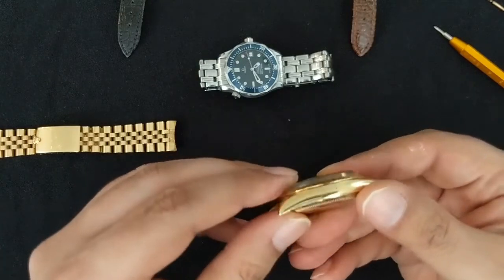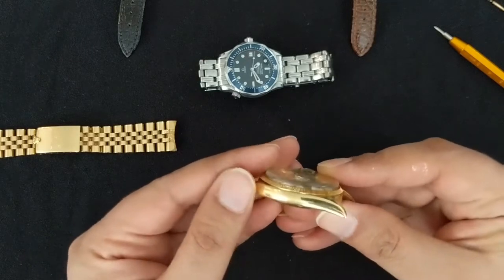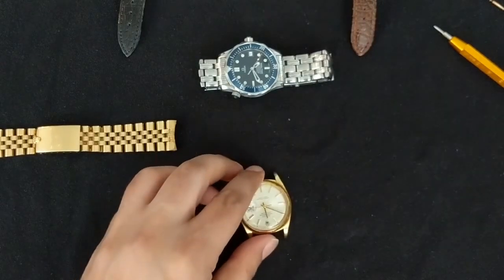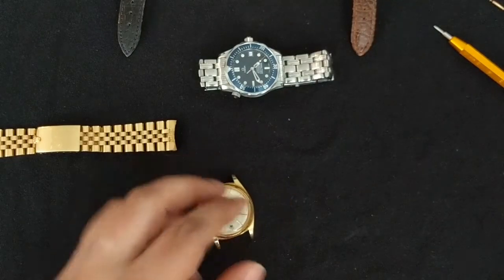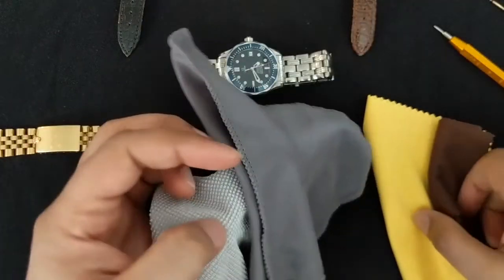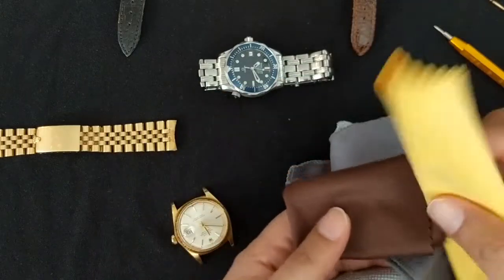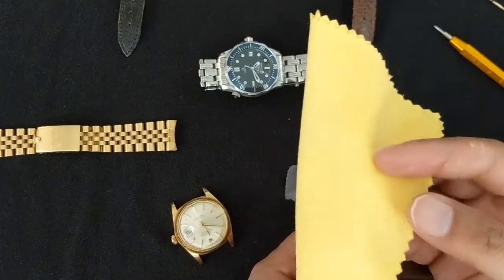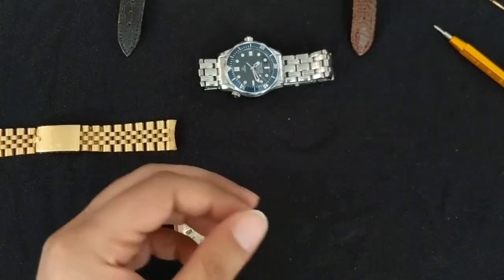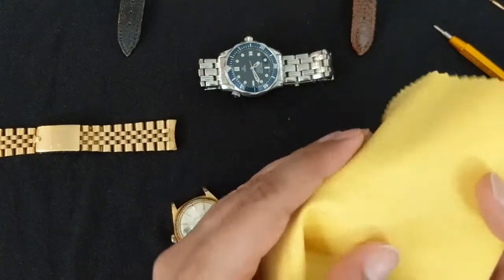Now with the case, what I recommend, again, we're starting with the least invasive, the most gentle approach. So the first thing that I would do is take a microfiber cloth, and here's a bunch of examples of microfiber cloths that have come with my glasses or sunglasses, and this actually came with a watch service kit that I have, and yeah, any of these are fine. So you just take a microfiber cloth, and you just very, very gently,